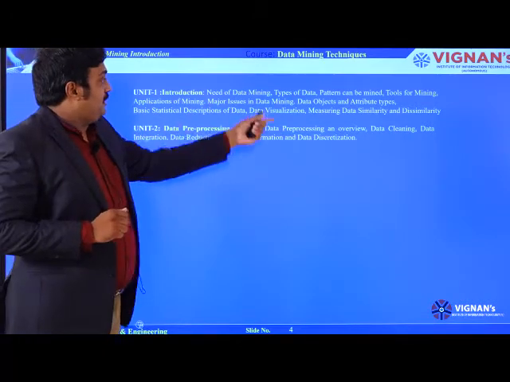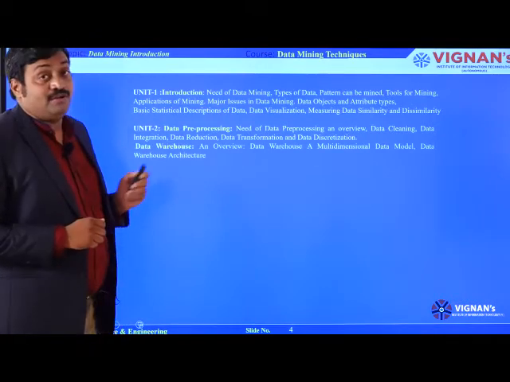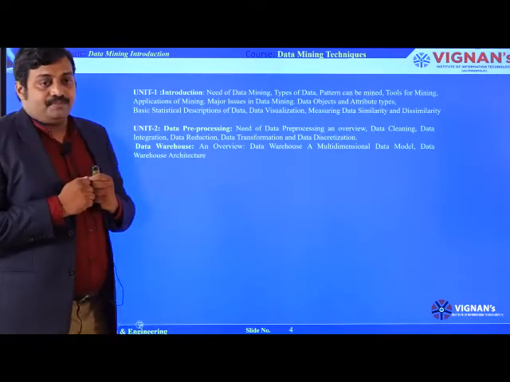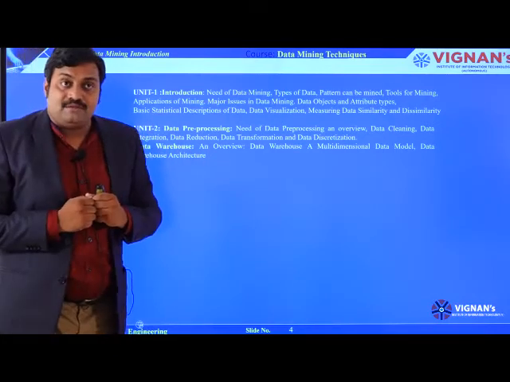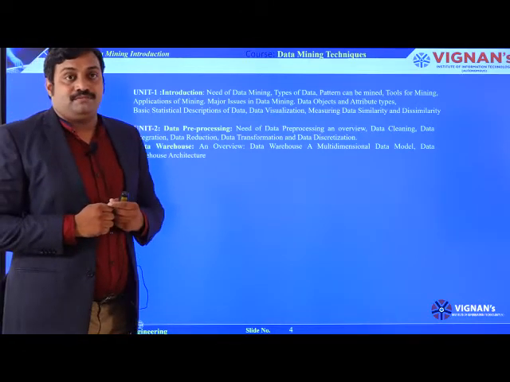That's what we are going to learn in unit 1. Coming to unit 2, this is a very important unit. This contains 2 parts. First part is data preprocessing. It's very essential. Without knowing the data preprocessing concepts,